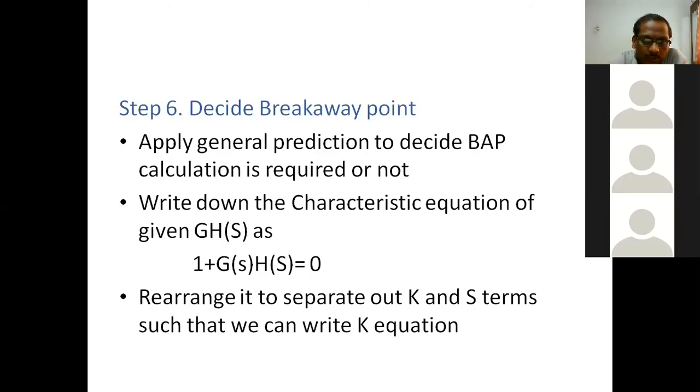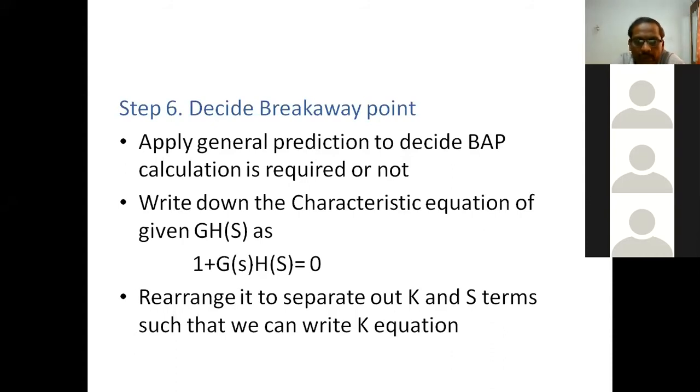Similarly, in a pole-zero plot, if you have adjacently placed zeros and the segment between them is a root locus, then a minimum of one breakaway point can lie between the two zeros. And the third prediction says, if in the pole-zero plot the extreme left factor is an open loop zero, that means after locating all poles and zeros, the leftmost factor is an open loop zero, and to the left of that zero the complete real axis is a root locus, in that case a minimum of one breaking point can be there to the left of that extreme left open loop zero.